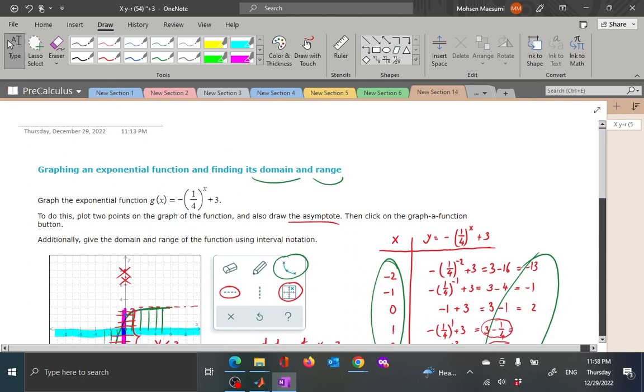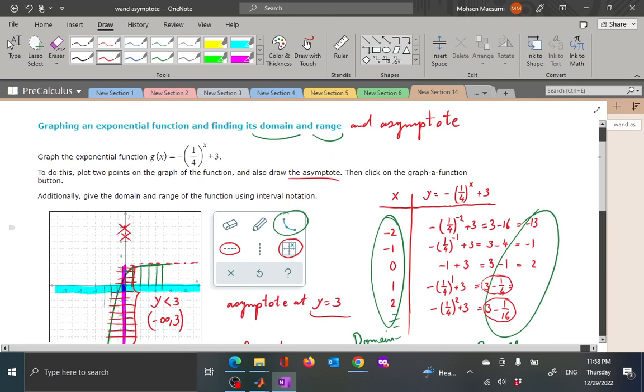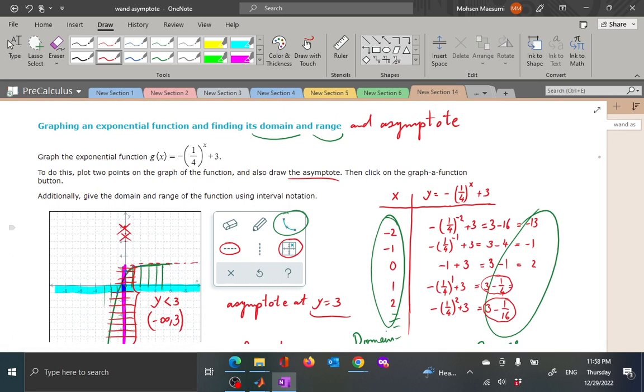So, graphing exponential functions and finding its domain, range, and asymptote. Finally, of course, we set the asymptote at y equals 3. Try to solve the problem both ways so that you become comfortable with this kind of question and you can